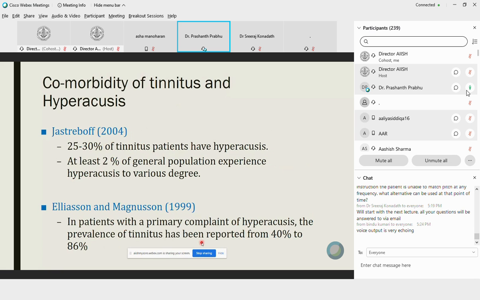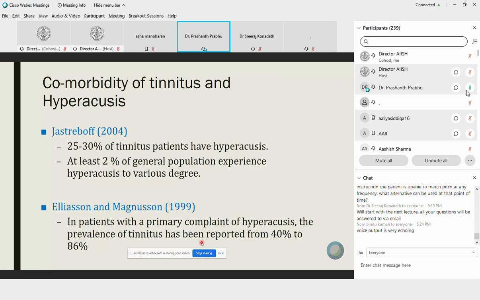Another important thing that we have to remember is the comorbidity of tinnitus and hyperacusis. Both of them coexist. Almost 25 to 30% of tinnitus patients have hyperacusis, and at least 2% of the general population experience hyperacusis to various degrees. And of those with hyperacusis, almost 40 to 80% have tinnitus. So as clinicians, as audiologists, what we have to do is, for any patient who comes with a complaint of tinnitus,